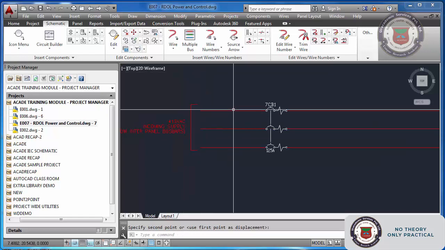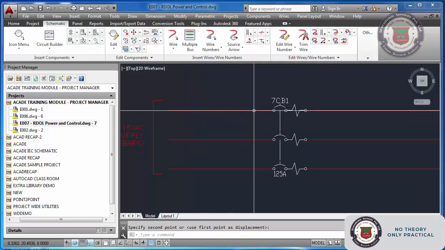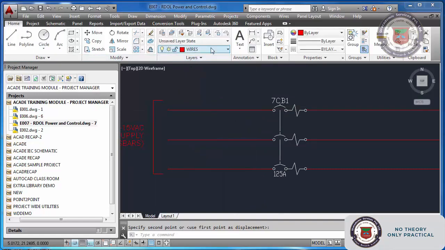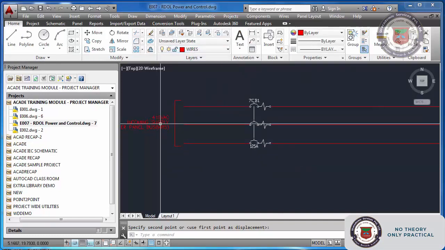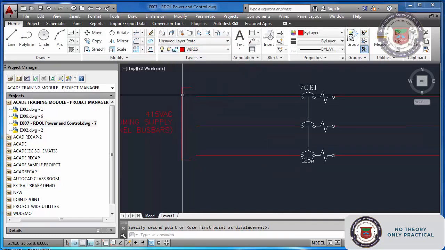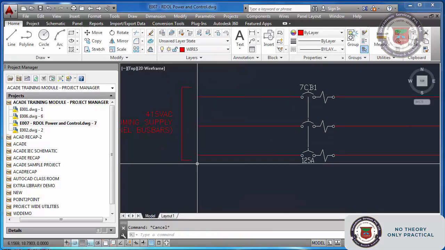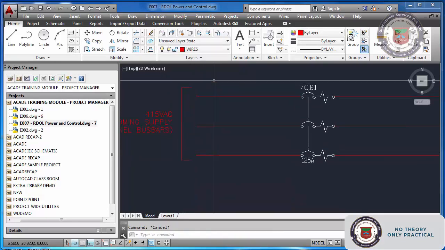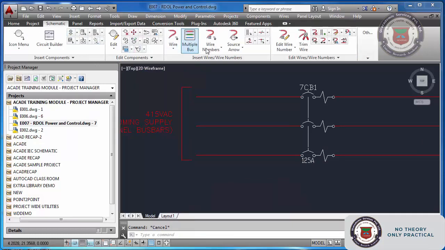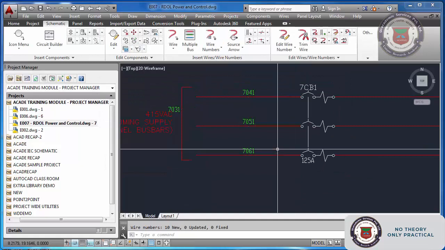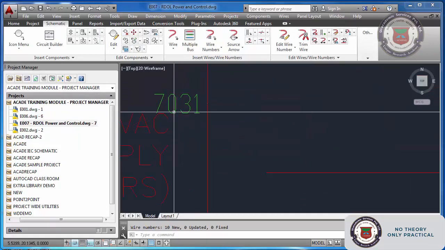Now you see all these wires, we drew all these wires in the wire layer. So if you go and see the current layer, it is in wires. Now with the text and these lines, in fact I don't want these lines in wire layers. If it is in wire layer, what happens is when I do the wire numbering drawing-wide, the wire number comes here too.